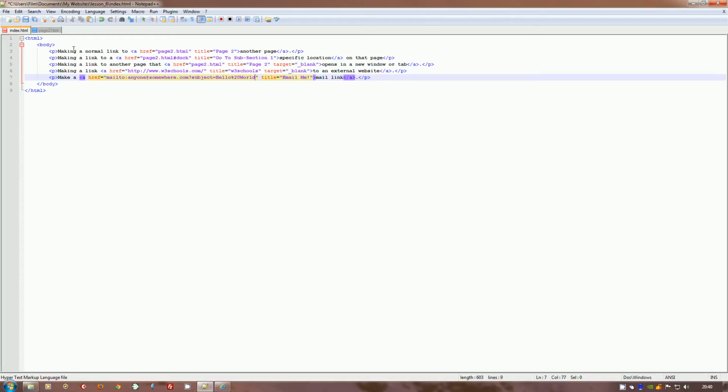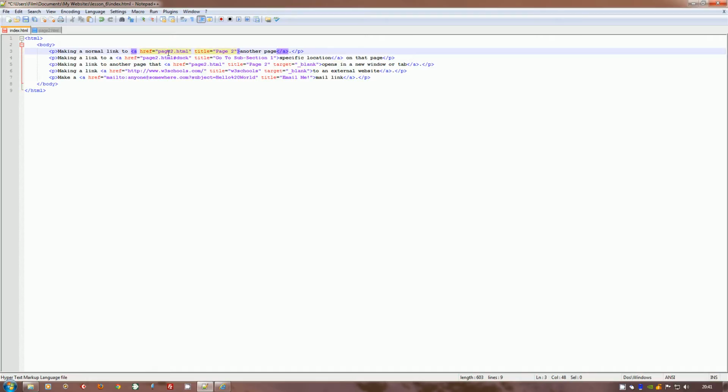What we've got here is in fact 5 different ways of linking to a page. The first one is a straightforward anchor. The A is for anchor, href for hyperlink reference, that's the attribute of the anchor, and that's the compulsory one. You must have href equals, and then what page you're going to. If it's a page within your website, then all you do very simply is just put the name in there